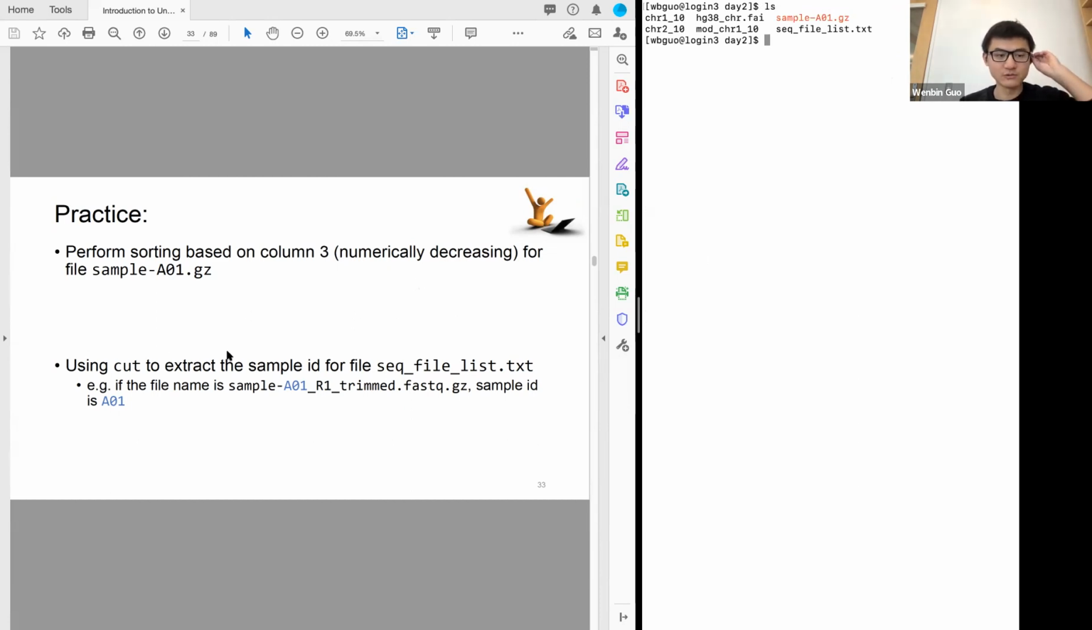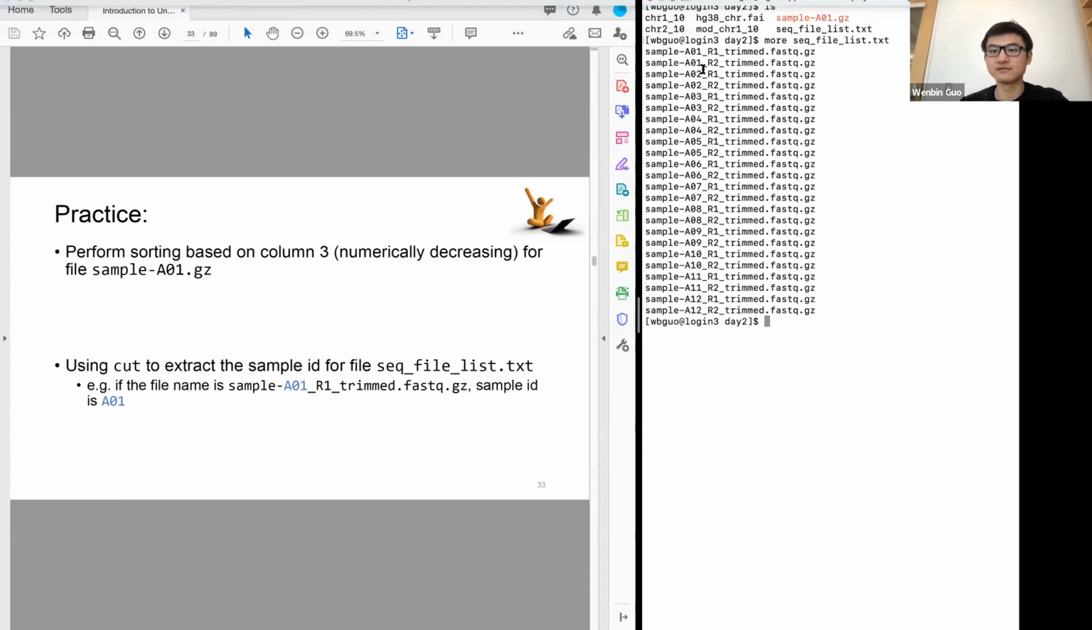For the second one, we want to use cut to extract the sample ID from the SIG file list.txt. So we can see the file contents of this file, and we want to use cut. We are still going to use a pipe, as we have seen in our previous slides, so that we can cut the underline of the file, right? So this will give us